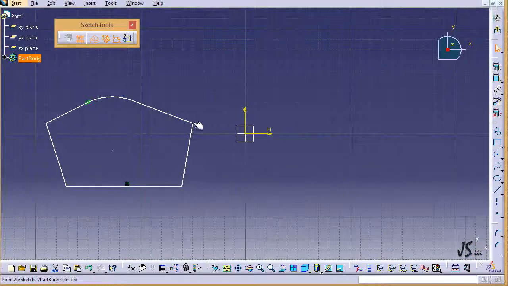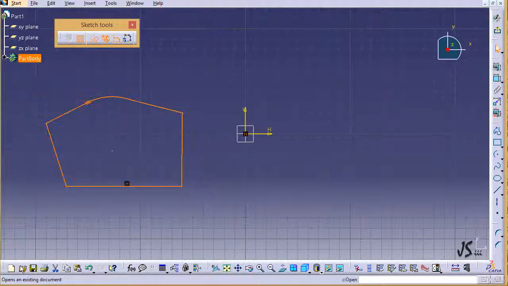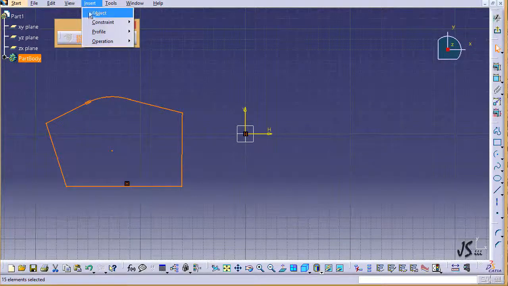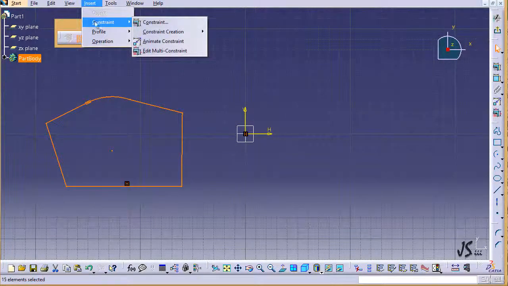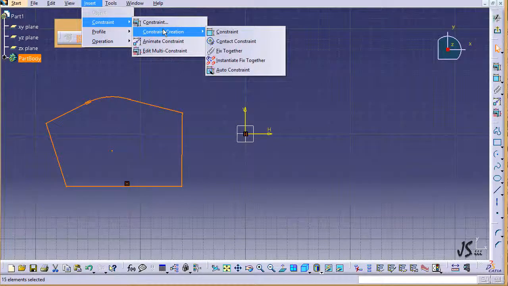And again go back to my discussion. I wanted to show you that by dragging this, some part of the shape moves. Let's say that I want to make sure that the integrity of this shape doesn't break whatsoever. So how can I do that? I can select the whole shape. Then in my right toolbar there is an option that says Fix Together. I can find it under Insert. If I go to Constraint, there is a constraint creation tool that says Fix Together,